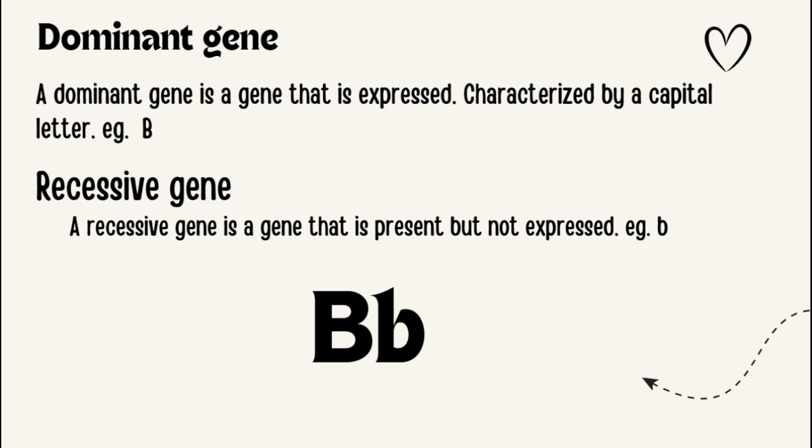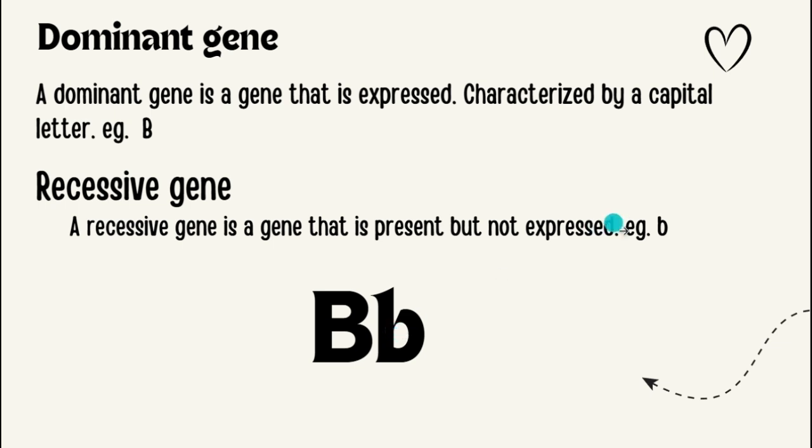So bear in mind, or let me just repeat again, that a gene is a segment of DNA. We said that before. Now we have different types of genes. Basically we can have a dominant gene, and we can also have a recessive gene. A dominant gene would be a gene that is expressed, meaning that it shows up, right? And the recessive gene would be one that is present but not expressed, right? So we say that a dominant gene is represented by a capital letter. In this case, you're going to use capital B. And then a recessive gene is represented by a small letter, and in this case we're going to use a small